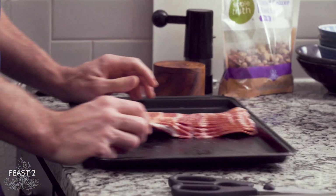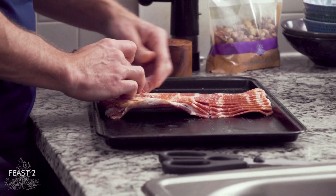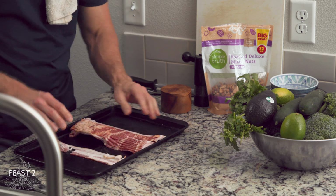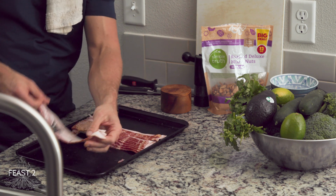All right, so we got a lot of bacon here, right? But you know what? It's gonna fit in our pan. So when you're putting bacon on there, we want to cook all this bacon at once. We're trying to bake a lot of food at one time. So we don't want to just kind of put bacon willy-nilly. We want to make sure we fill this pan up, and we want to start all the way on the